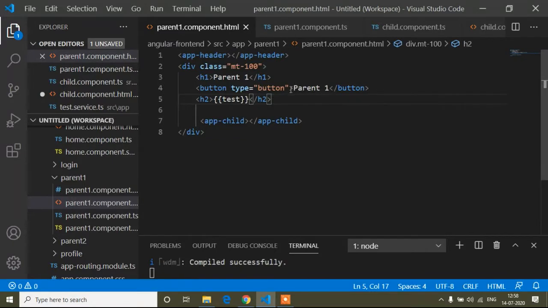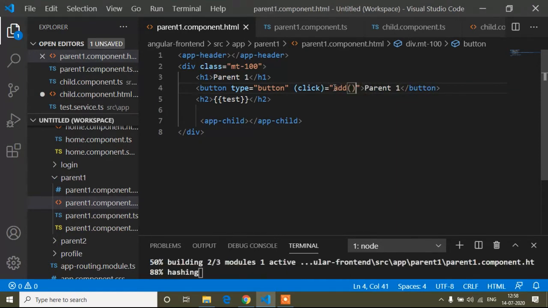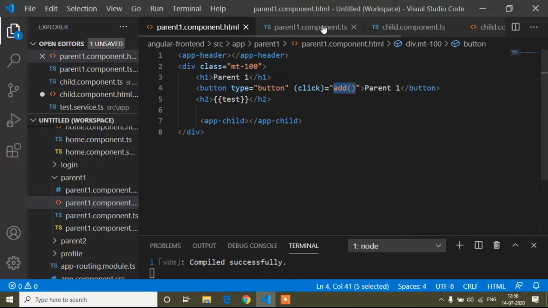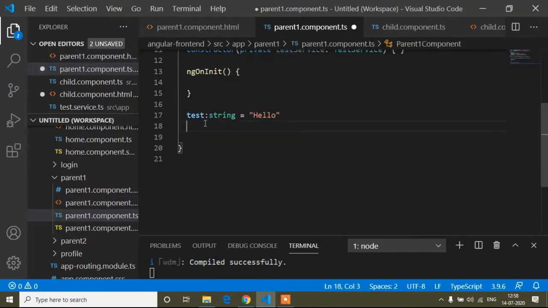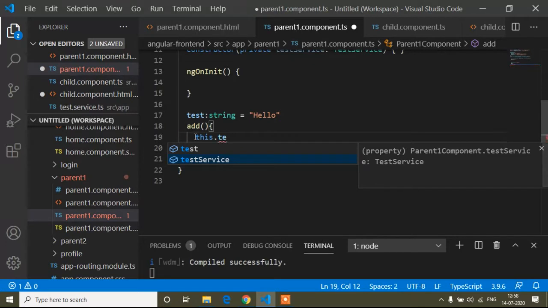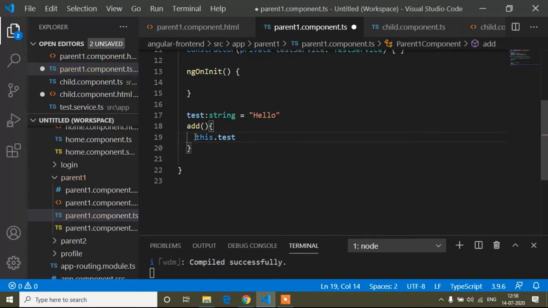Now here I will write a click function. So click equals to, and the method name is add. You can write any name for the method, and now I will copy this add method and paste it here. And now I change the value of this.test, and the new value is creative developer.